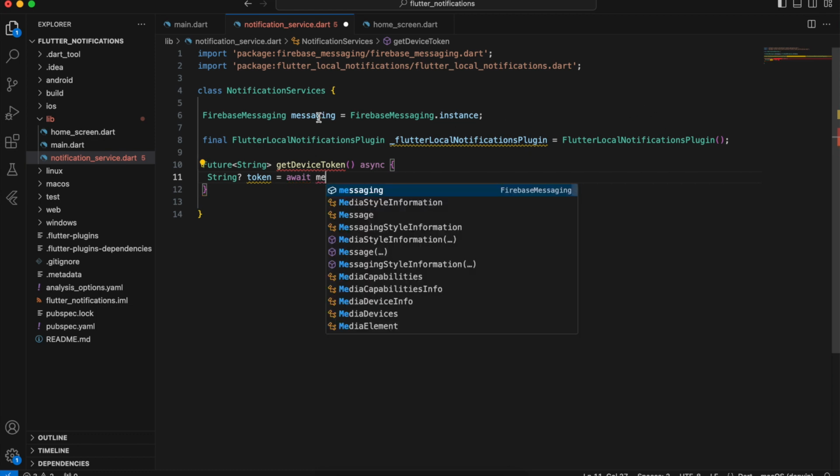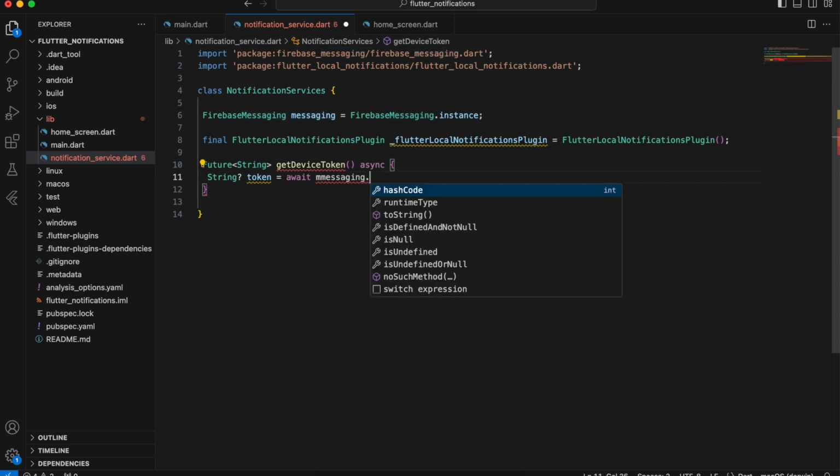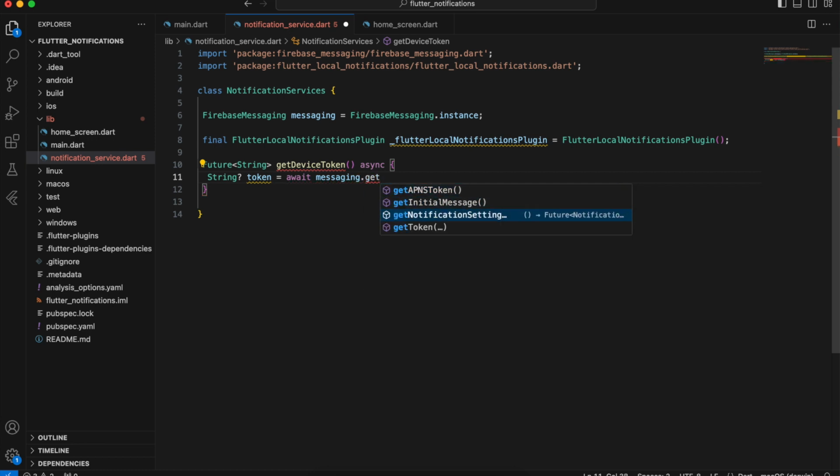We'll use the messaging instance, so the messaging dot getToken method will return the token. So yes,